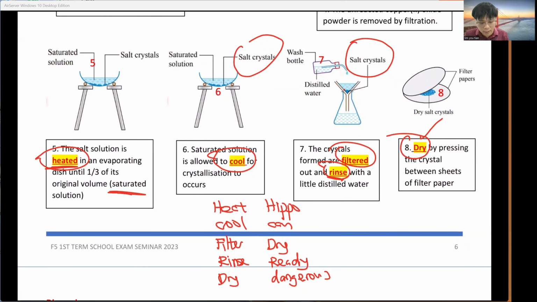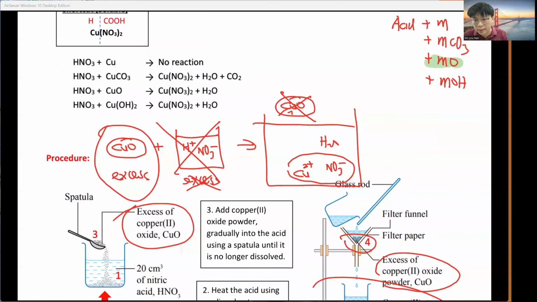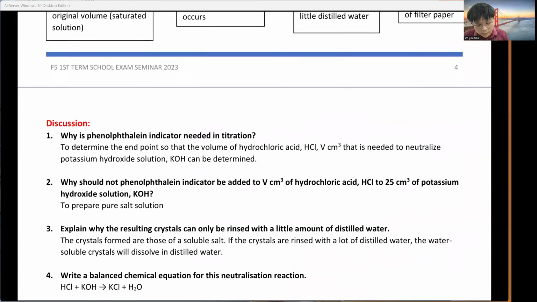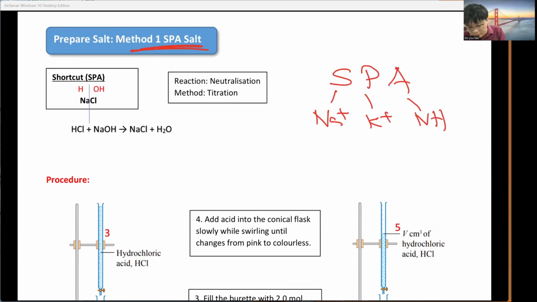Okay, so for this part, you're okay. This one is to prepare a soluble salt. Soluble salt, you okay? Then the last one: this one is also to prepare a soluble salt, but the soluble salt is SPA. It means they want you to prepare an SPA salt. SPA salt, very simple, is sodium, potassium, ammonium. If they want you to prepare this salt,